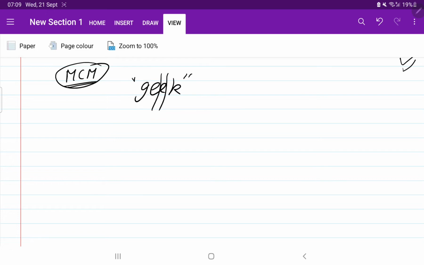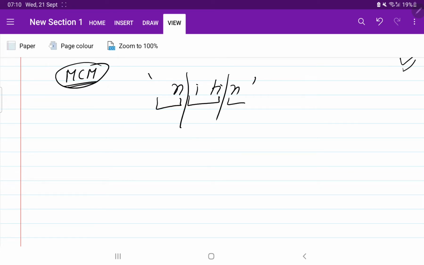For MCM there are a few steps that need to be followed. I will give you one more example. If you take the example of Nitin, and you do the partitions from here, this is a palindrome, this is again a palindrome, and this is again a palindrome. ITI will also be a palindrome. So here also 2 partitions are required.